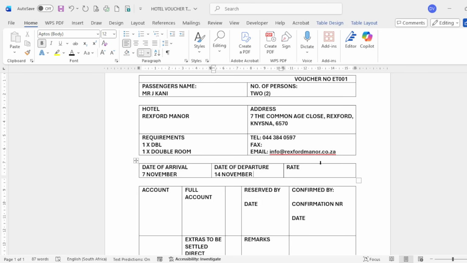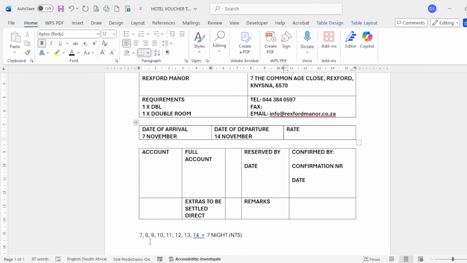And then the important thing here with rate is you have to show the full calculation of the rate. You also have to calculate your nights correctly, guys. This is very important, okay? So remember, the amount of nights is how we calculate in accommodation. You don't count the days, you count the nights. So I've just done a little calculation for you here at the bottom. If they are checking in on the 7th and they are checking out on the 14th,